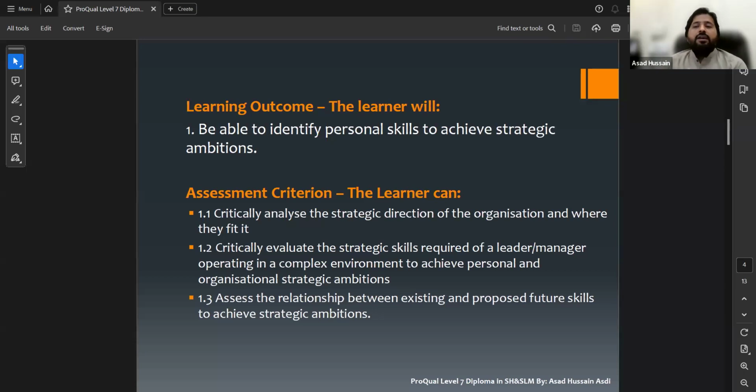He has to give his explanation in the workbook. The other point is what type of evidence will support his explanation. The ProQual Level 7 diploma is quite different from the ProQual Level 6 NVQ diploma.